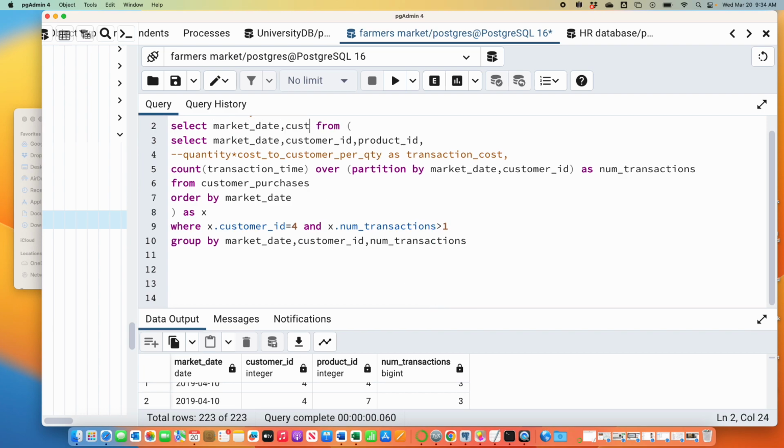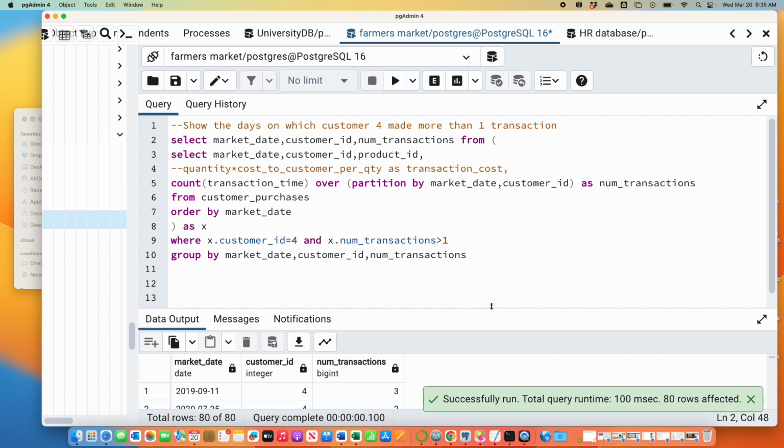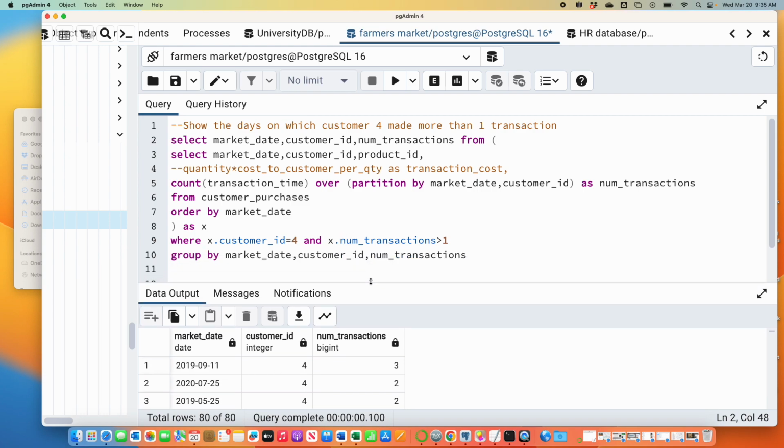And when you use group by, you can only select the, this is a drawback of group by. When you group by something, you have to only show what you're grouping by. Otherwise, it doesn't know what to aggregate on. Anyway, if you run this, you no longer know what they purchased. But if you don't care about that, if you just want to know, oh, 3 purchases on 9/11, 2 purchases on 7/25, and so on, you can do that. So you can combine group by with these window partitions if you feel like.